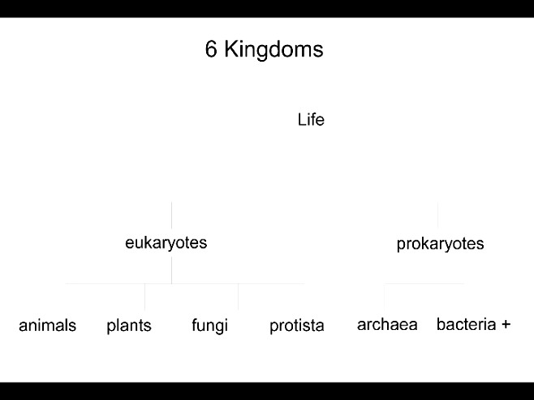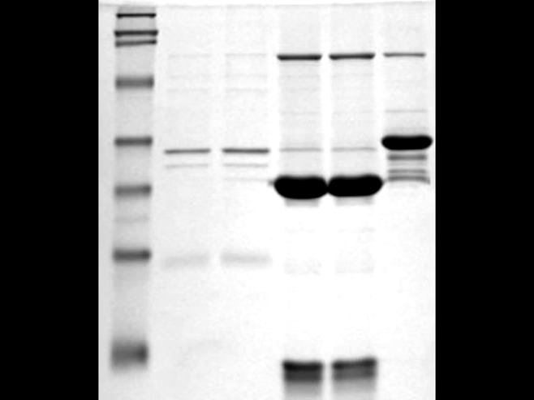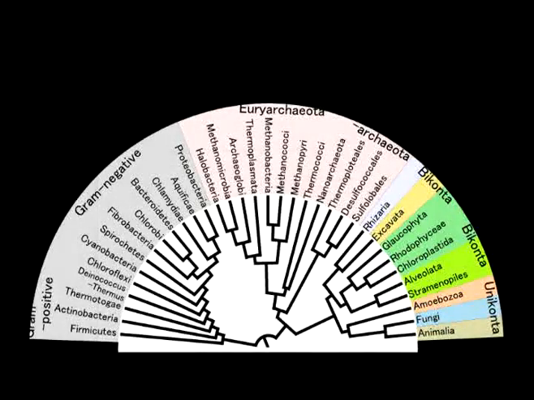Recent years have seen huge advances in genetic techniques that are continuing to reveal more and more about the complex web of relationships that exist between all living things on Earth. Here is a diagram showing a recent attempt to group all living things according to the closeness of their shared genetic history. Here you can see that fungi are more closely related to animals than they are to plants, the green areas, and that the vast majority of genetic diversity is amongst the bacteria and archaea.